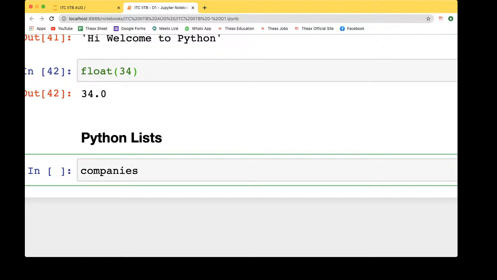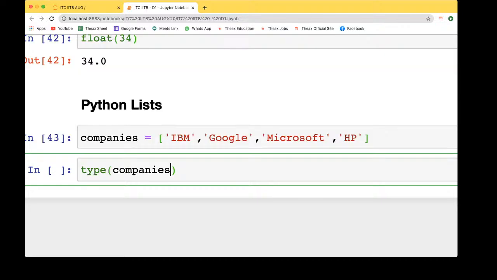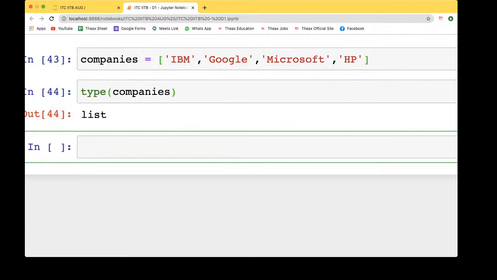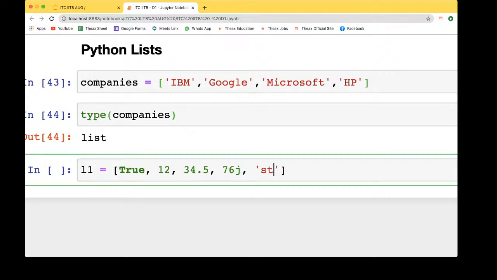Let's say we are taking some companies' names which come for internships in colleges, right? So we can take it like that. Let's say IBM, Google, and so on. We have a list there. If you write the contents inside square brackets, you can take multiple things like that.